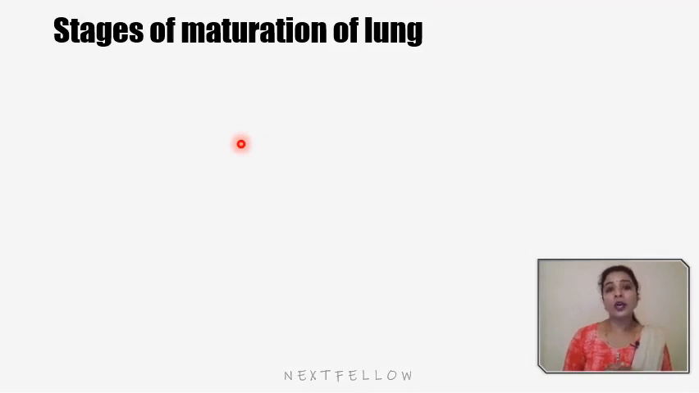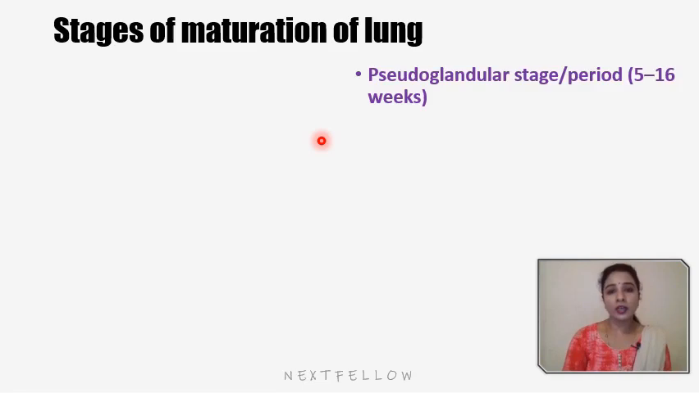Maturation of the lung occurs in 4 phases. Pseudo-glandular stage, that is period between 5 to 16 weeks. So the term pseudo-glandular means that during this stage the histological appearance of the lung resembles a developing exocrine gland. So first phase is the pseudo-glandular. Usually it exists between 5 to 16 weeks, and here it appears to be like an